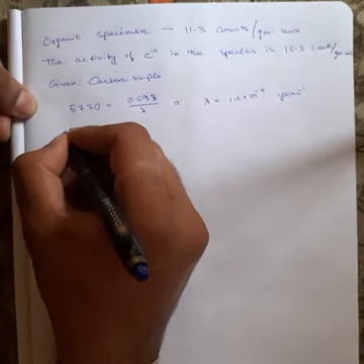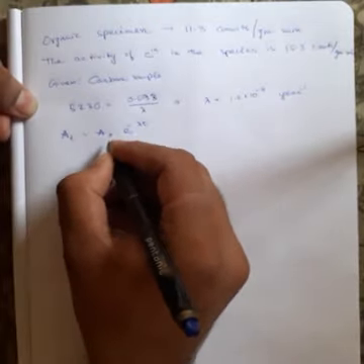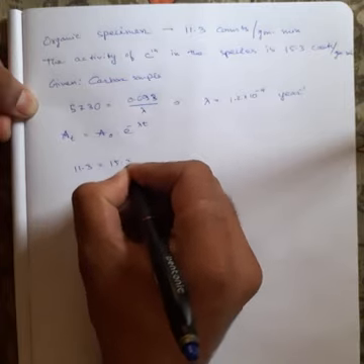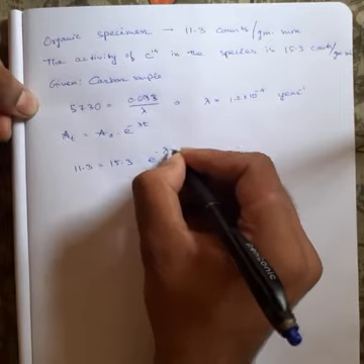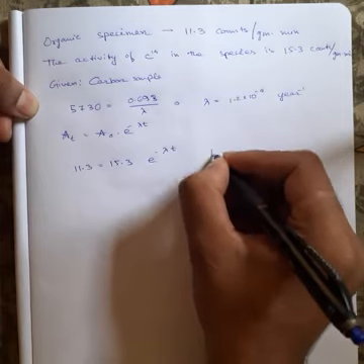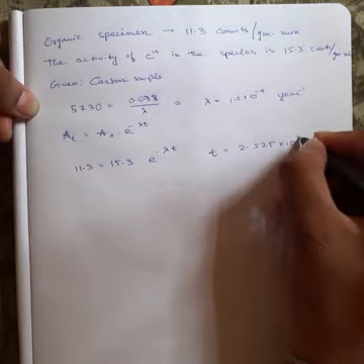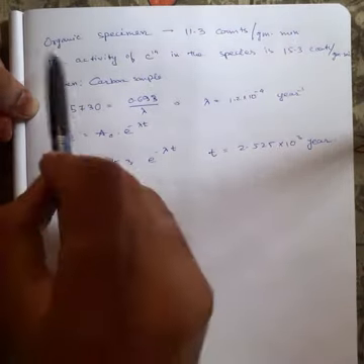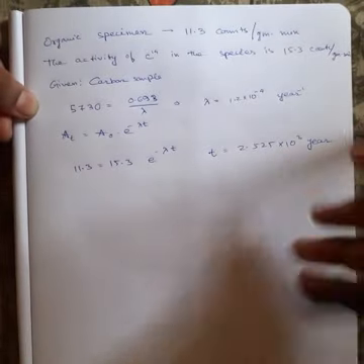And this stands out to be from the activity equation. It equals A naught into e to the power minus lambda t. Now A t is 11.3, equals to, initially it was 15.3 into e to the power minus lambda t. So when we put the value of lambda here, we get t equals 2.525 into 10 to the power 3. This means this sample under consideration is 2.525 into 10 to the power 3 years